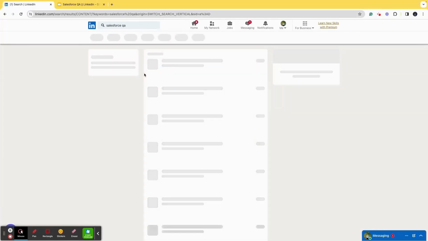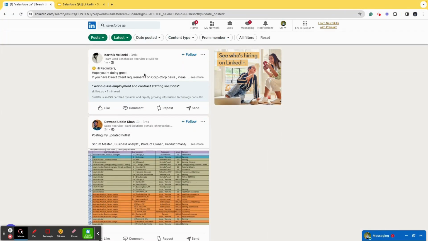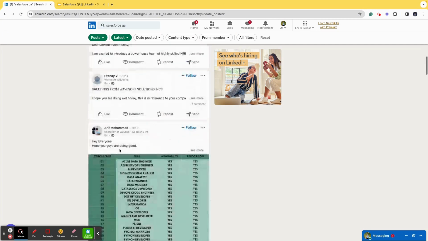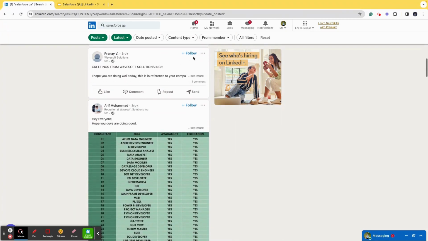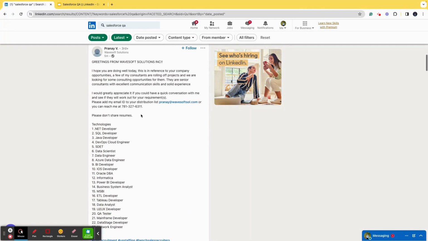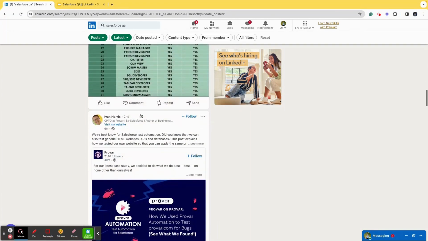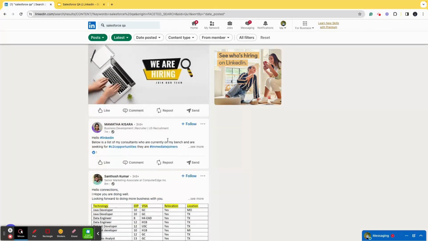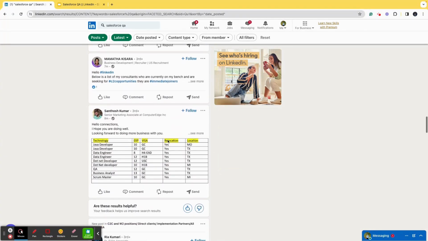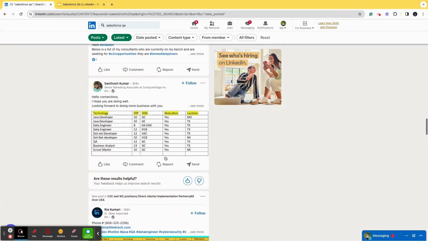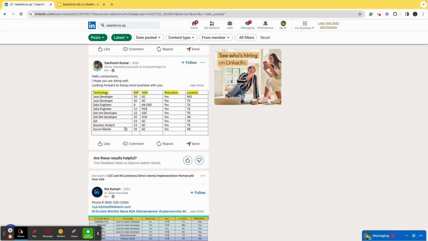Now you'll be able to see all the posts mentioning the Salesforce QA word in the latest order, right? So let me go ahead and see. For example, this guy posted that these are the opportunities. I'm just giving you an example. So all these things can be relevant to you. There are a lot of people who would go ahead and share that their organization is hiring for QA or Salesforce QA, and you can simply ping that person, connect with that person, and ask them